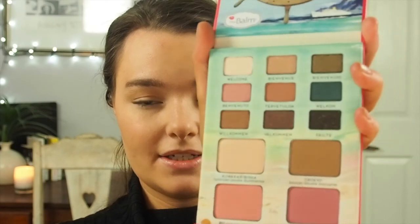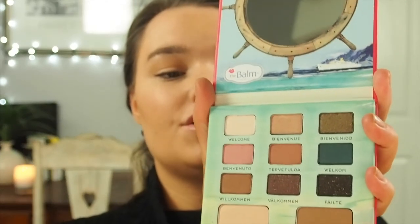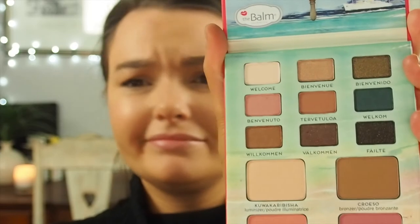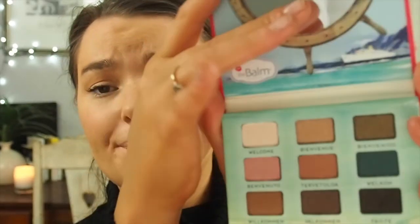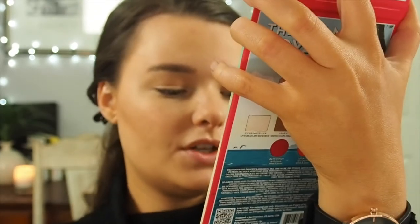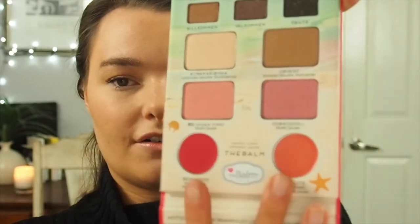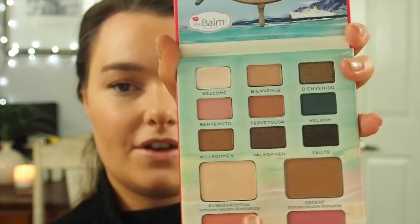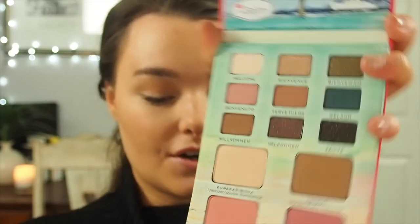So this is the palette, and this is the Bon Voyage theBalm palette. So this is the palette here, so you've got two lipsticks, or if you wanted to, you can use them for the cheeks. They are cream cheeks. Two powder blushes, a bronzer, and then a highlighter, and then you've got these fantastic heavily pigmented shadows, so they look fun to use. I might actually go in with this one here, just with my finger,